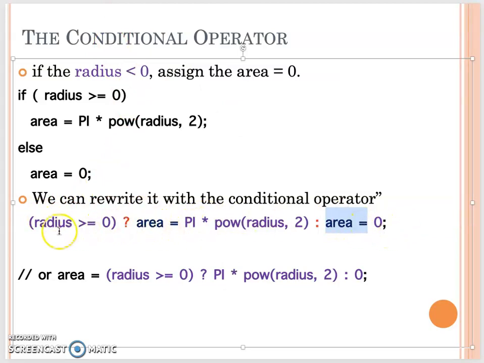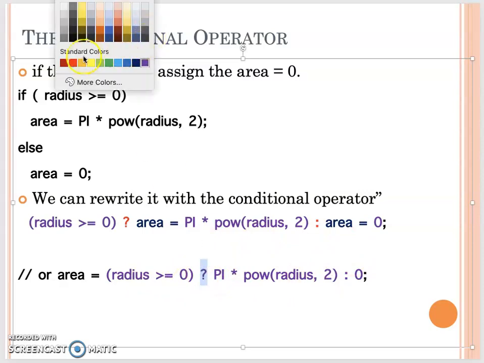Our conditional operator doesn't need to be at the beginning of the statement. You see here, our purpose is to assign area, right? So then we can have the area equal at the beginning, then a conditional operator to decide what this area value will be. When you do the assignment operator, we will calculate the right side first. When we see the right side is the conditional operator, here we will do